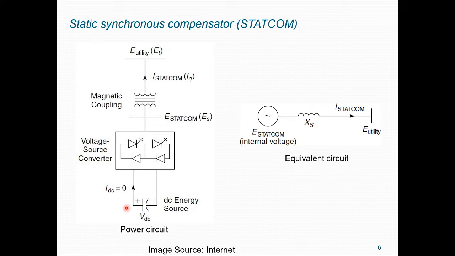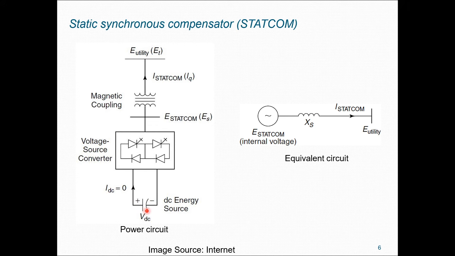Only remember one point here. Whenever we come to shunt compensation, we bother about the injection of current, whether the current travels from this direction to that direction or the other way. That's the crucial thing. If the STATCOM voltage is greater than the utility voltage, current travels from this side upward, and it can act as a capacitor, as a source. Or else, if the utility voltage is greater than the STATCOM voltage, current travels from upward to downward. At that time, it acts as a reactor. That's the main thing we have to observe.